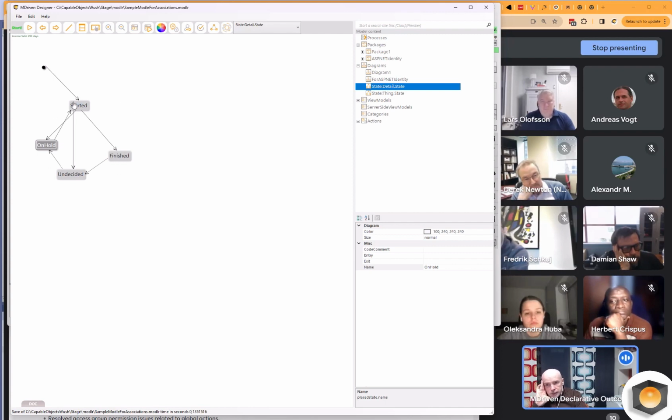What we want to do is to put some triggers on here to actually make entry points to execute it, to actually move.